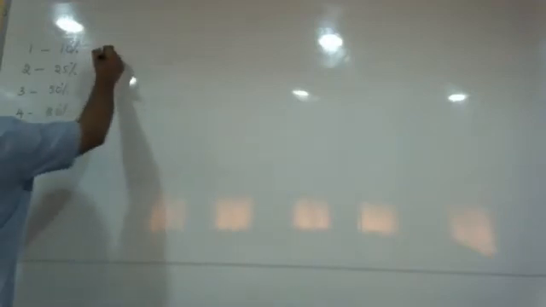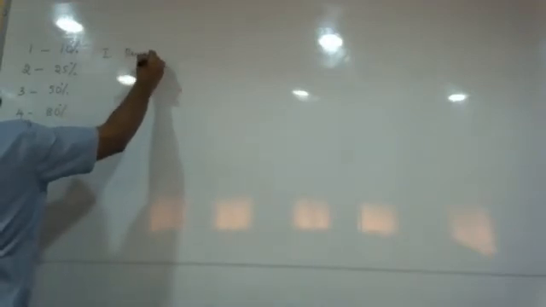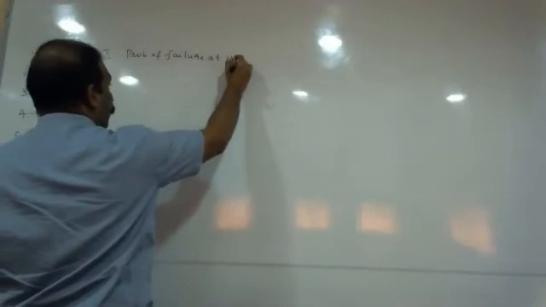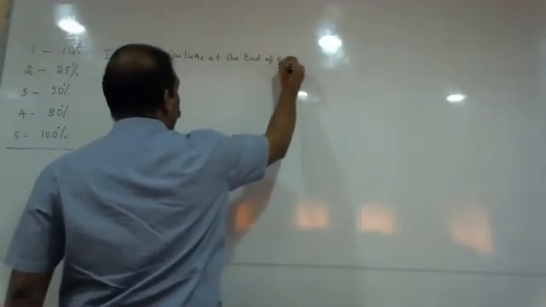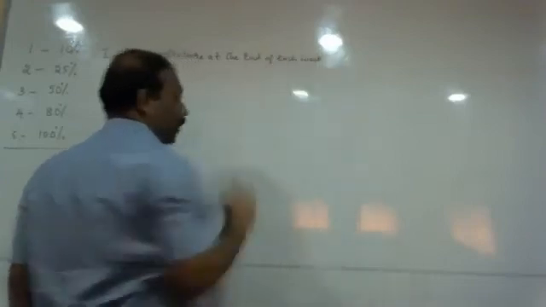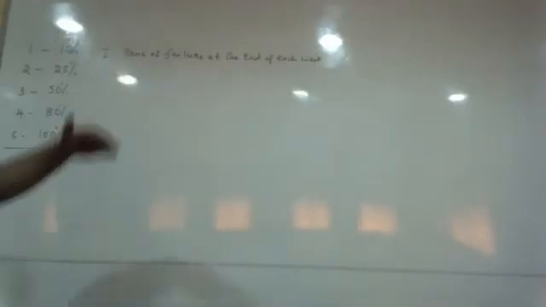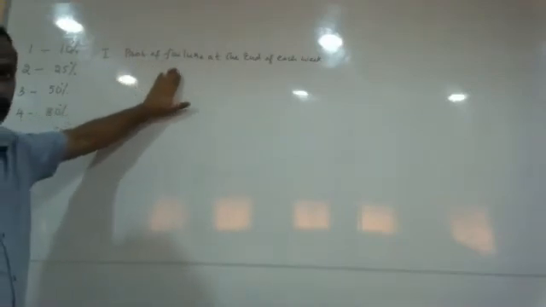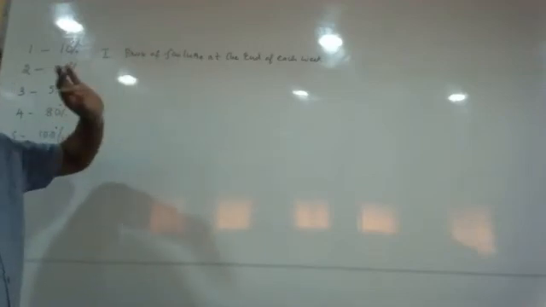Now the first step in this particular problem is that I am supposed to convert the percentages into probabilities, and then decide P1 to P5. You need to understand what P means here. What is the first step? The probability of failure at the end of each week. I want everyone to please understand the steps clearly because it has to go very systematically as it is a case study question. The first thing I calculate is the probability of failure at the end of each week.